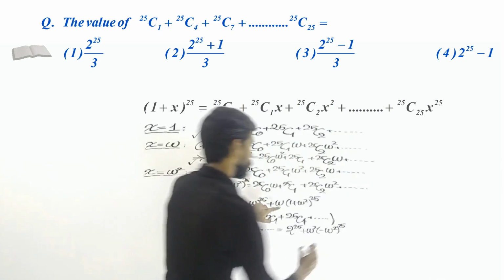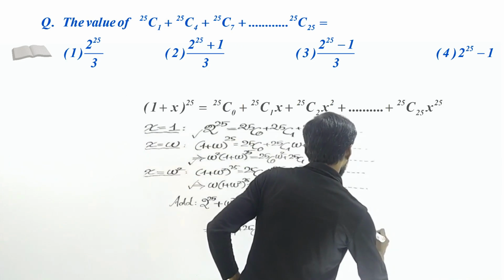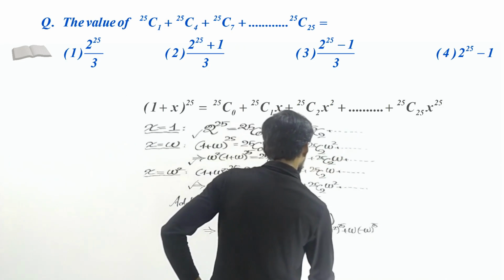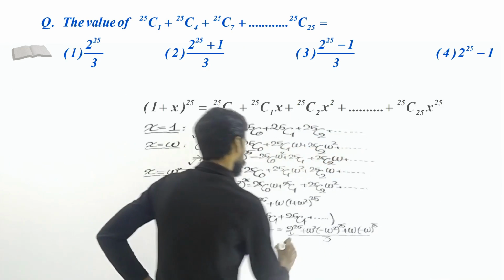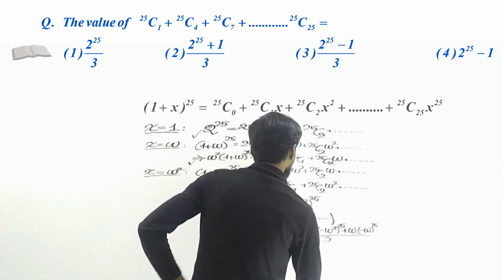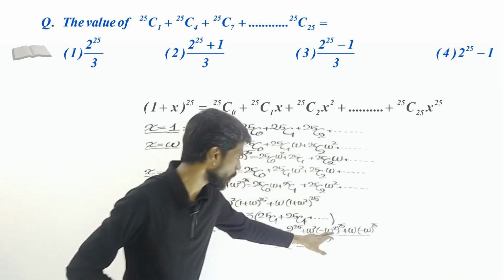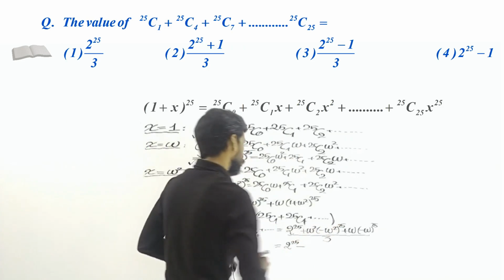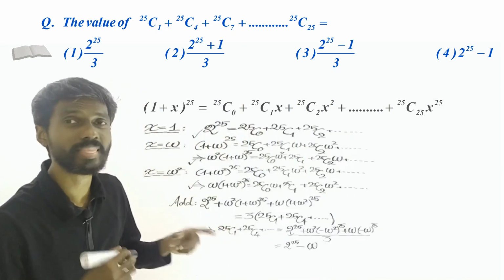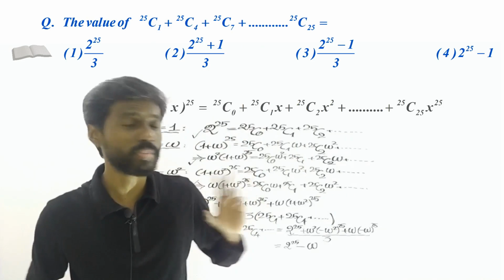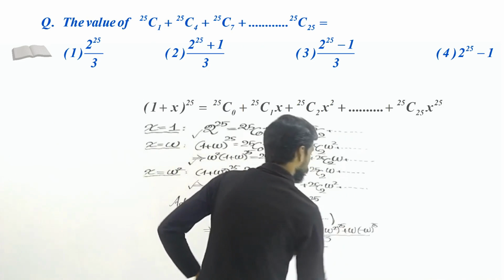Similarly, this is omega multiplied by, this is 1 plus omega square. That is minus omega multiplied by 25. The whole thing divided by 3. Okay, so if you do the simplification, we'll get 2 to the power 25, and then this is minus omega to the power 50. Omega to the power 50 here square, so omega to the power 52, so that is omega only, right? Omega to the power 51 is 1, because 51 is a multiple of 3, but here omega to the power 52 means it is simply omega, and then this is minus again, omega to